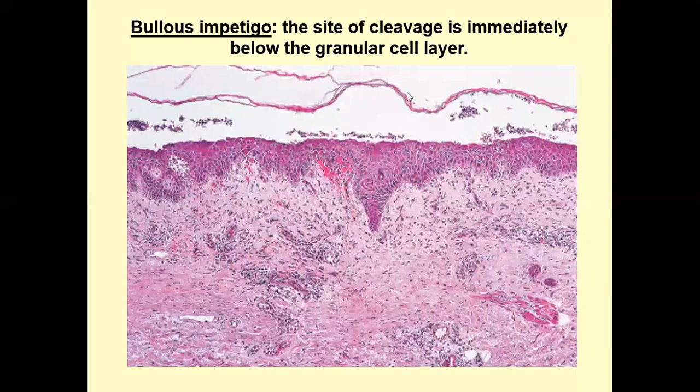So this is the stratum corneum, and this is the blister in which you can see the stratum corneum is raised from the normal epidermis. In this space there is fluid, as well as a neutrophilic infiltrate within this blister. In addition to neutrophils, there will also be bacterial colonies, which you may or may not appreciate in the available histological section. So just remember that in bullous impetigo, the blistering is subcorneal.